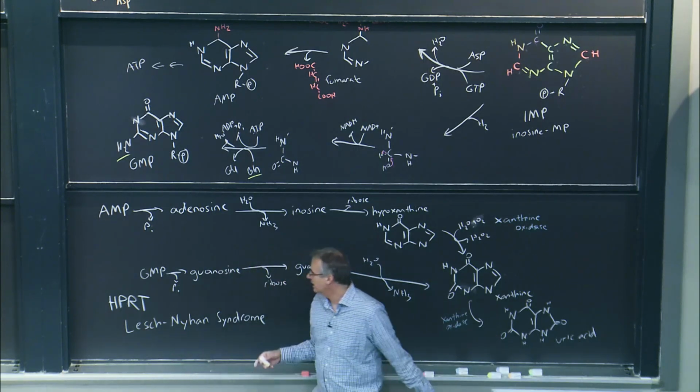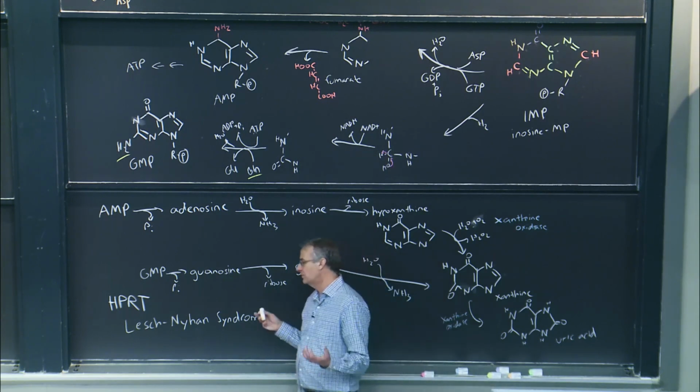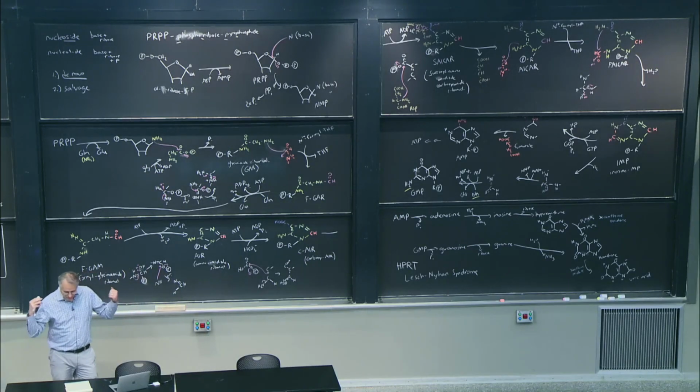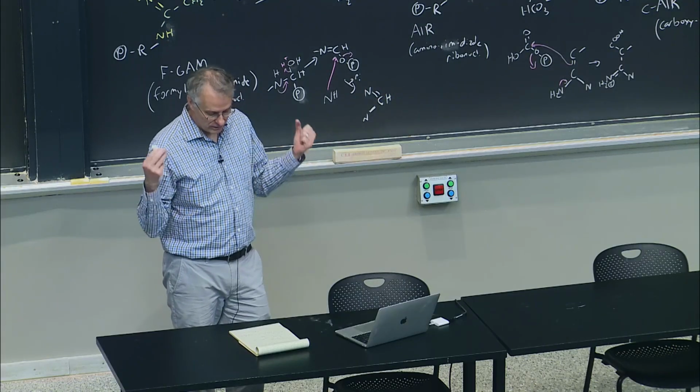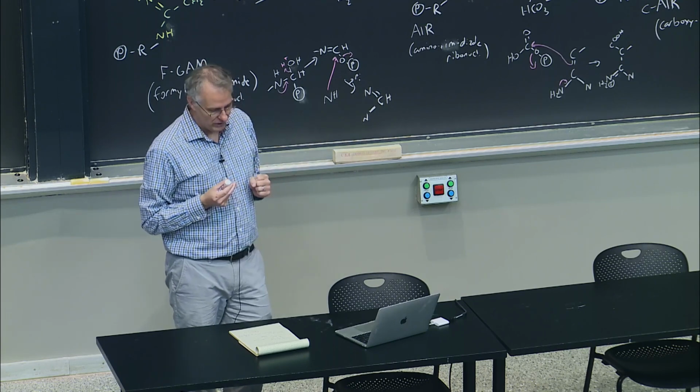Patients with Lesch-Nyhan syndrome, HPRT deficiency, do indeed get gout. That makes sense. But the main problem they have is a self-mutilation phenotype. They have mental retardation, a lot of neurological stuff. And no one can really explain why one gets this complex neurological phenotype, because you can't salvage